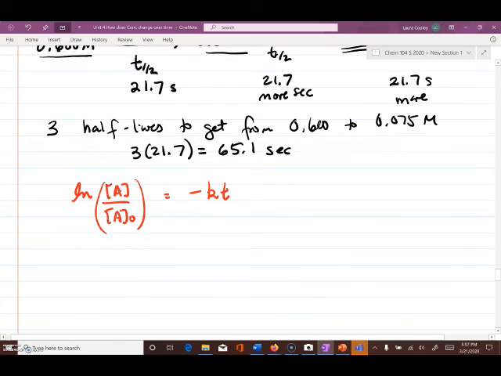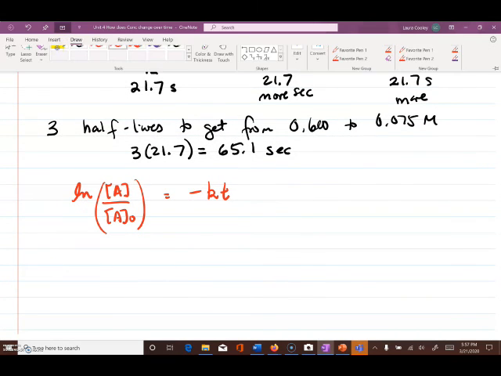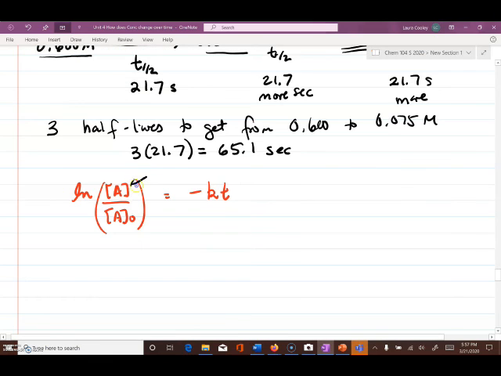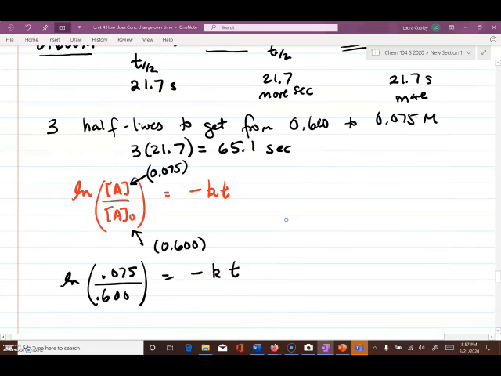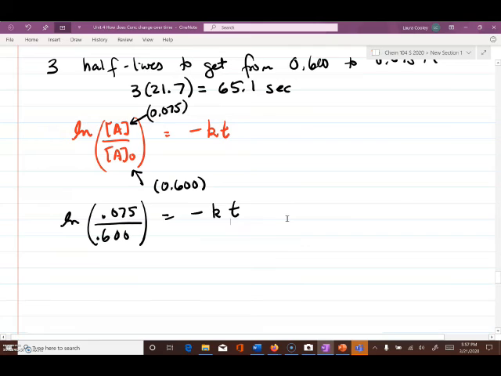Okay, so the log of A would be, well, the A here would be 0.075. A0 would be 0.6. So the log of 0.075 over 0.6 is minus kt. So let's calculate what this is first. 0.075 divided by 0.6 is 0.125. So the log of 0.125, which is